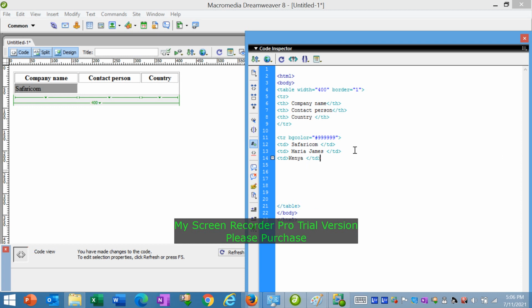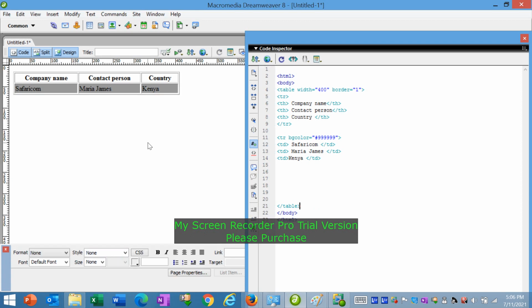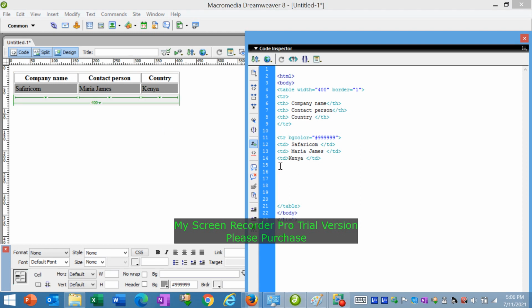We are through with the second row. We can clear to see how the row looks. We can see our first table data was Safaricom, which is here on the second row. Our second table data was Maria James, as you can see. And third table data was Kenya, as you can see here. Then we are through with that row, my dear viewer. We can now close that row